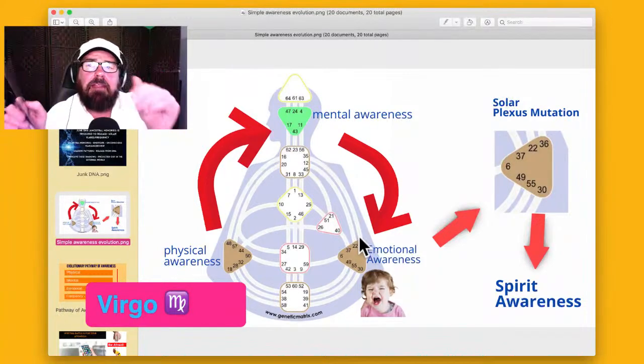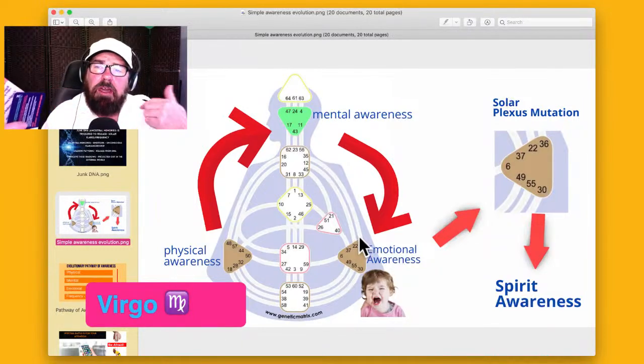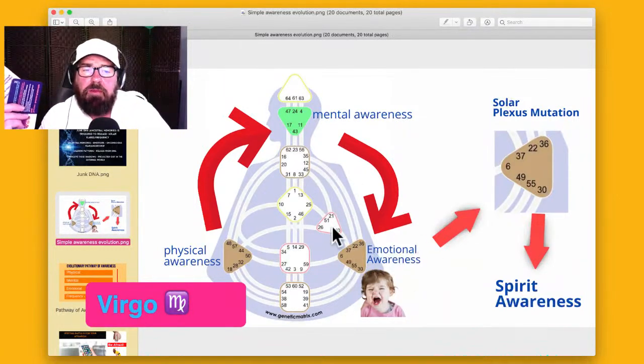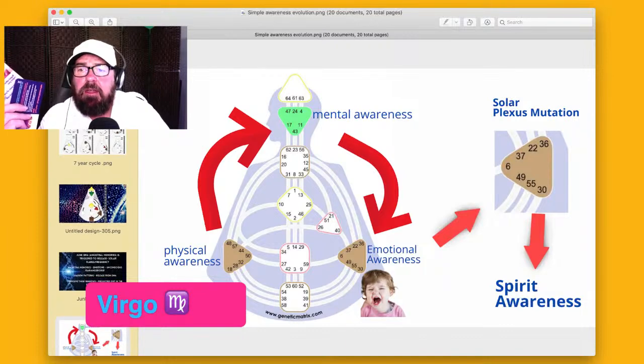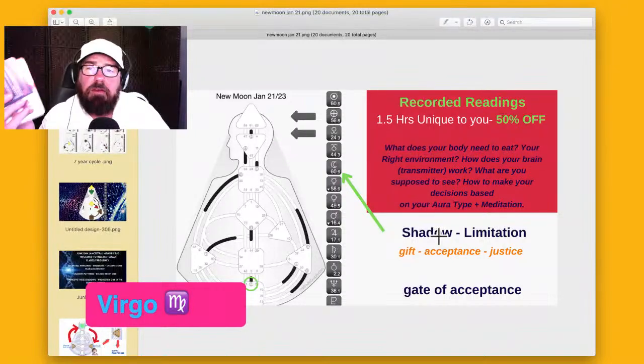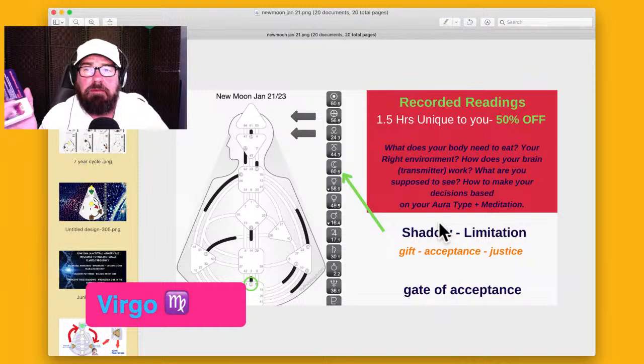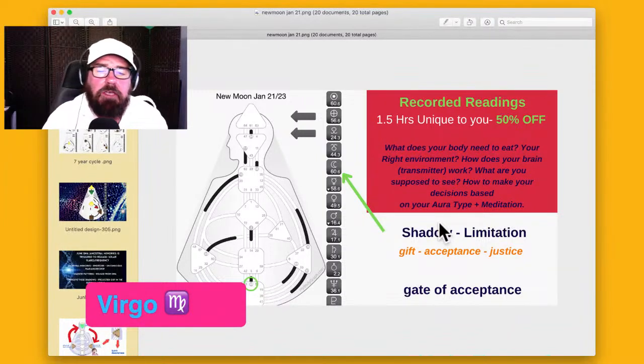Like, don't expect that person to give you, right, what you want. You've got to give it to yourself, because it's really this wounded inner child that wants that, right, to be accepted. So back to the gift, right? This is about accepting yourself. This is the house of the inner child, Virgo, right? So it's about accepting your inner child, bringing that wounded inner child that felt rejected, right? From 0 to 7 years old.